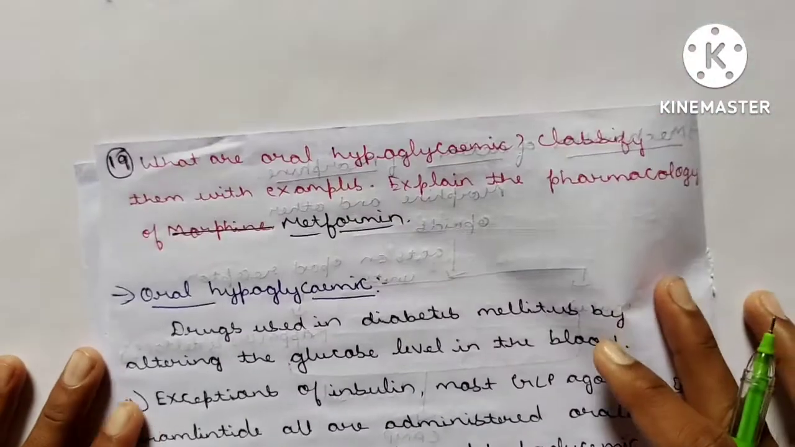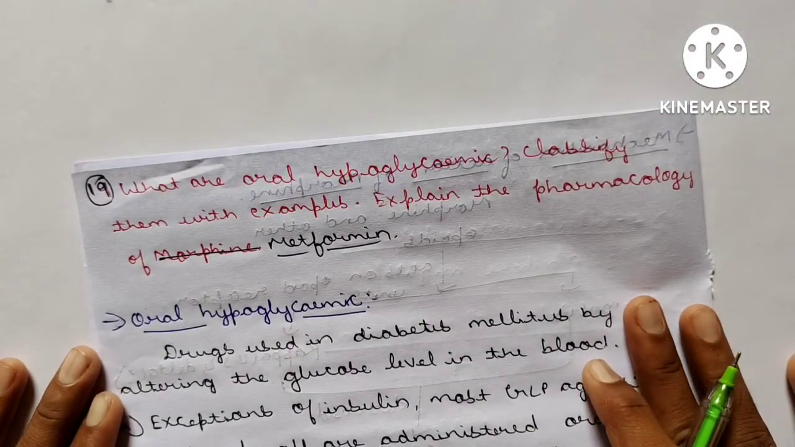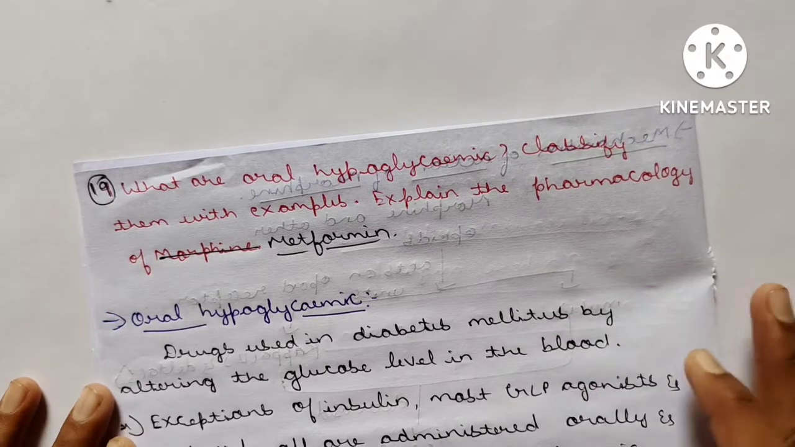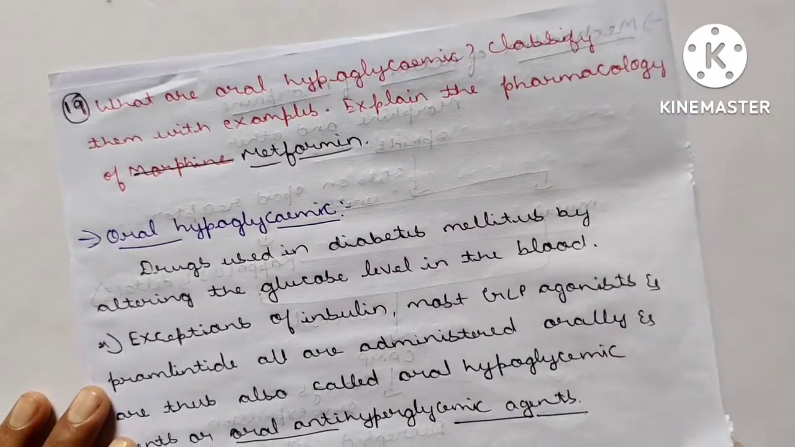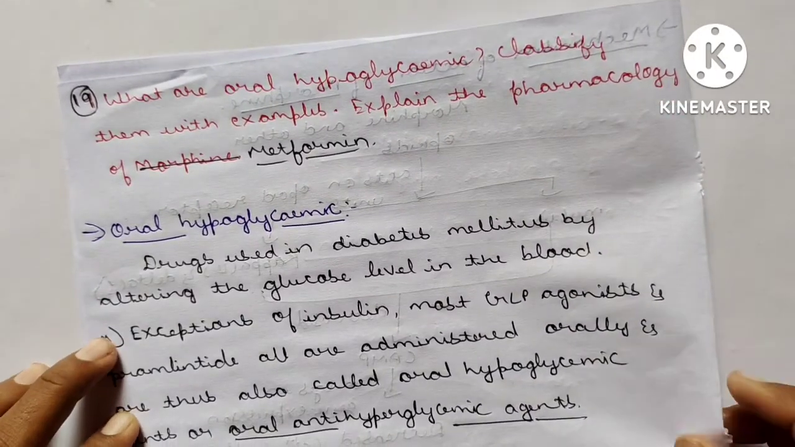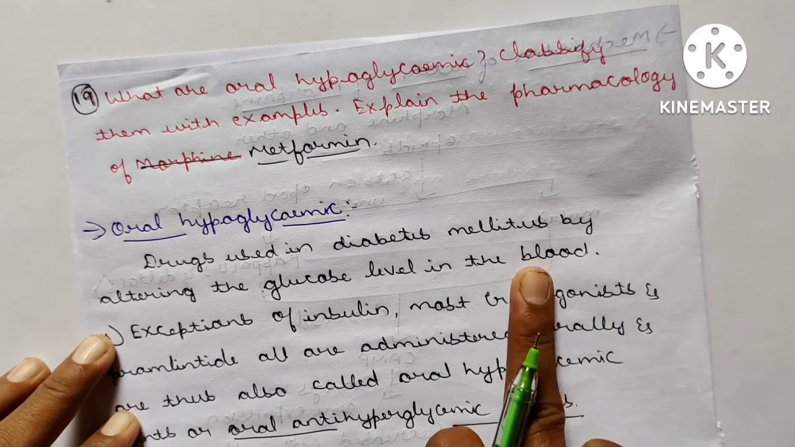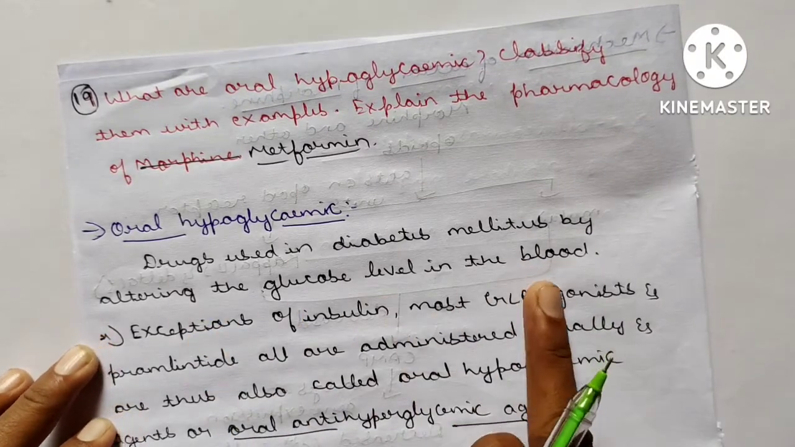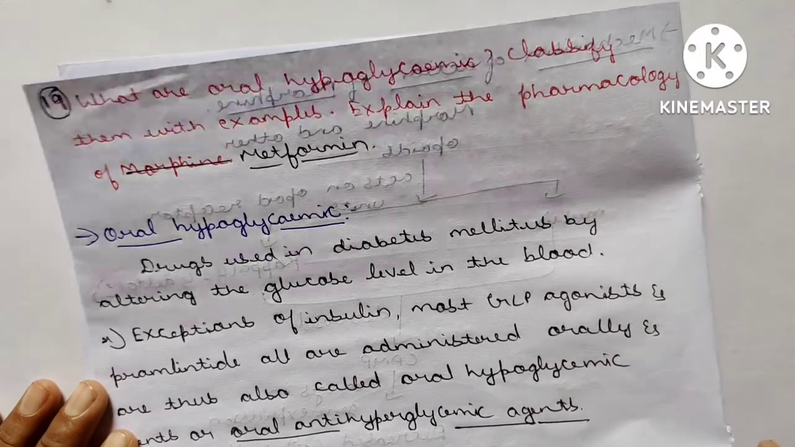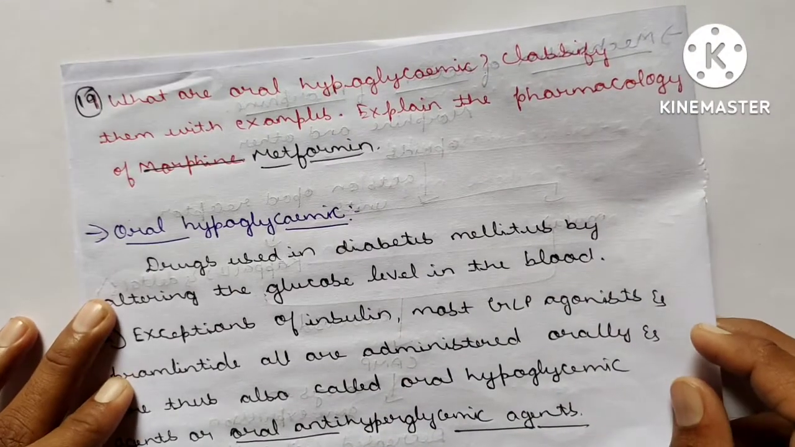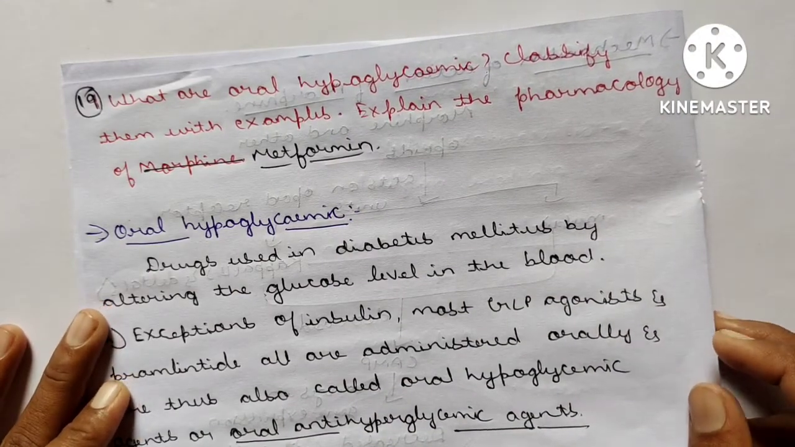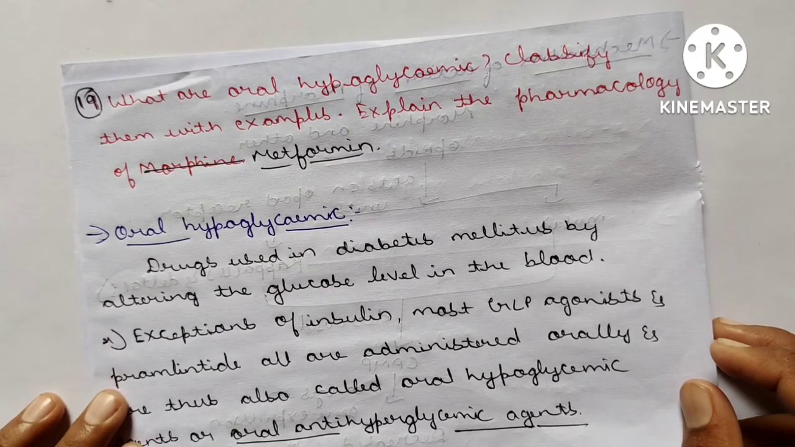Now let's discuss question number 19. What are oral hypoglycemics? Classify them with examples. Explain the pharmacology of metformin. Oral hypoglycemic drugs are used in diabetes mellitus to alter the glucose level in the body. Simple. With the exception of insulin,